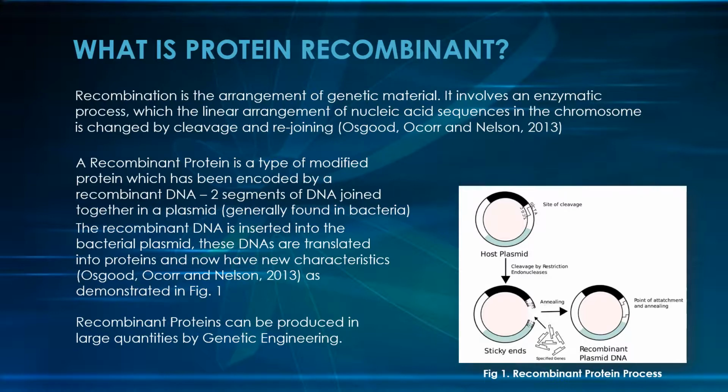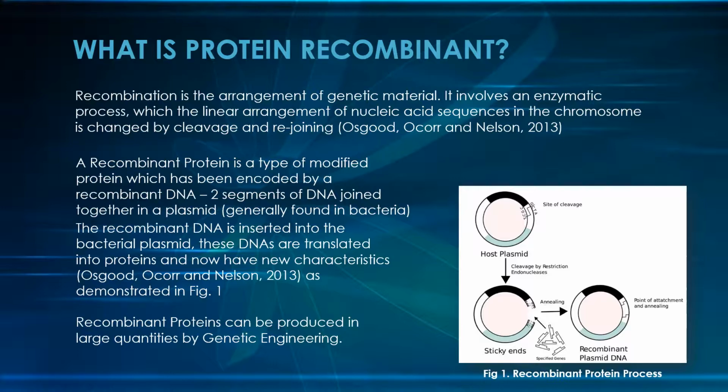Now that we have a better understanding of proteins, let's look at recombination. Recombination is an arrangement of genetic material. It involves an enzymatic process in which the linear arrangement of nucleic acid sequences in the chromosome is changed by cleavage and rejoining. A recombinant protein is a type of modified protein which has been encoded by a recombinant DNA,